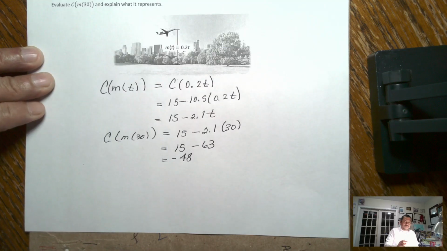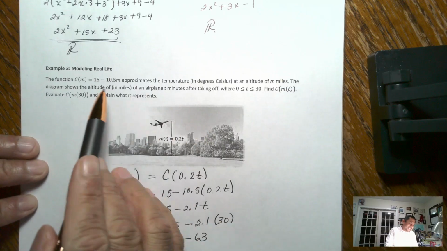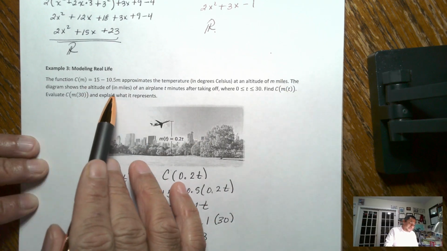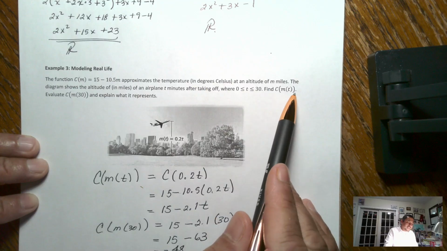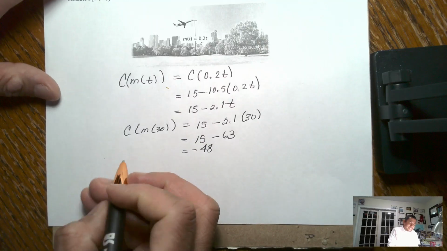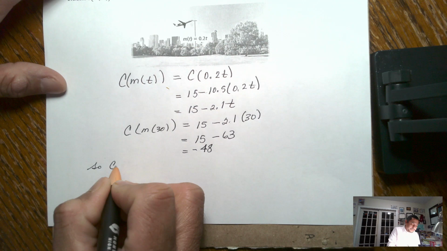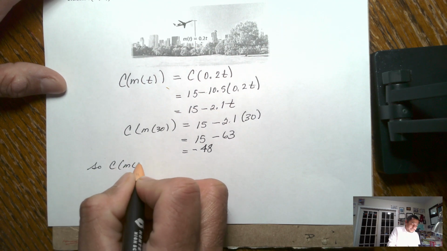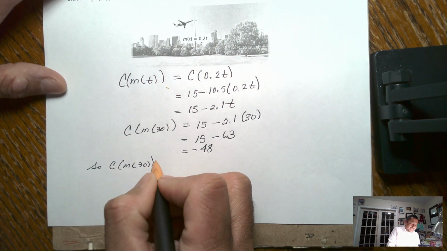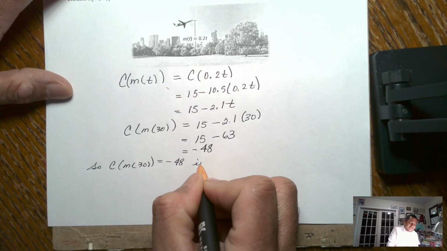Remember, it's an application problem, and it says to find C of m of t, evaluate, and explain what it represents. So C of m of 30 is equal to negative 48, which indicates